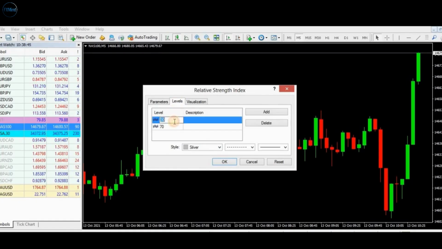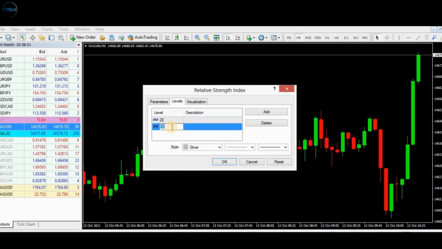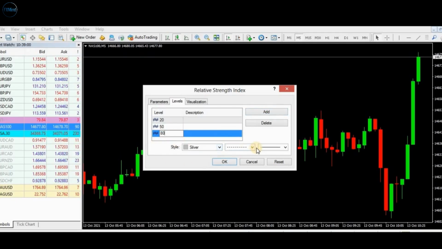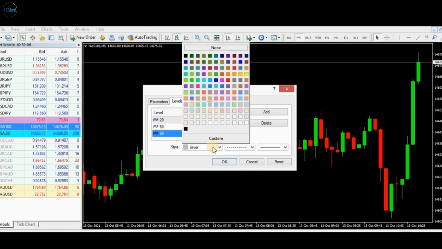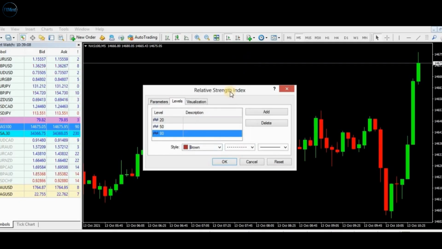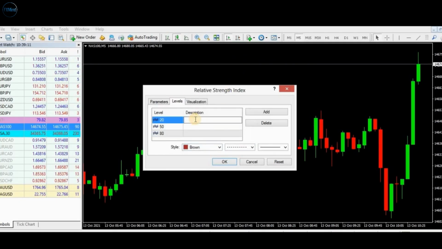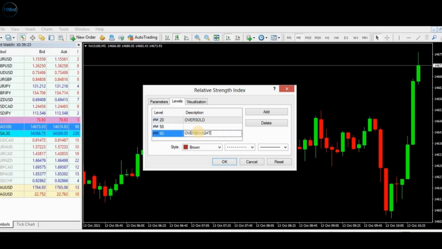And then the levels have to change. First level is 20, the next level is 50, and then you click add for another level, and the next level is 80. They're going to come as a dotted line, the levels, and here we will make it brown. On the 20, because that's the one at the bottom, we're going to type in oversold, and then on the 80 we type in overbought. Click OK,